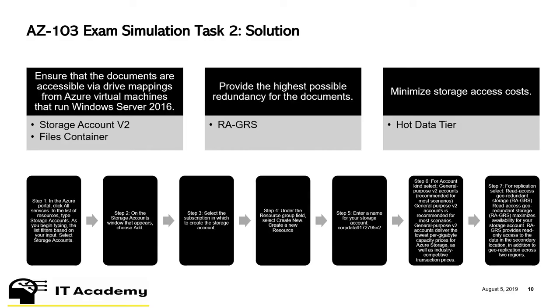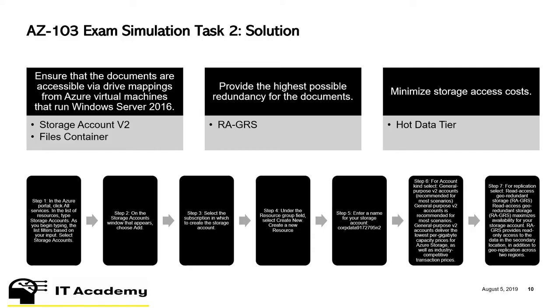Then we need to choose which subscription the storage account is going to be held in. We need to give the storage account a name, so it's important to use the name that was quoted in the question. So we're going to call it corpdata917295N2. Then what I'm going to do is go into the account type selection. I'm going to tell it it's going to use a V2 general purpose storage account, which is ideal for this scenario. It's recommended. A V2 general purpose account is kind of your default go-to storage account in Azure these days. It gives us the ability to create all the kind of container types like files, blob storage, table,